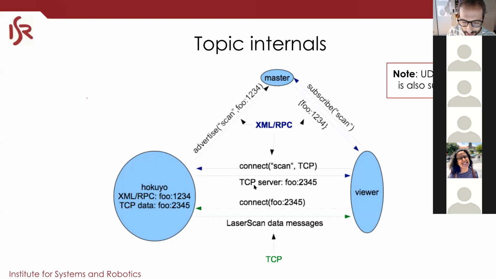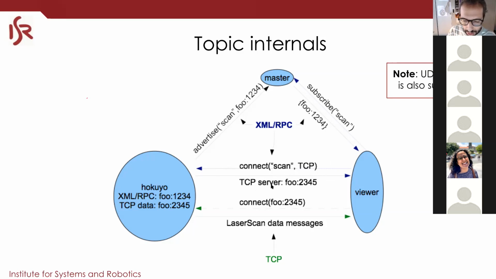Okay, thanks. And so the publisher will answer the subscriber telling him, well, if you want the data, please contact me at this port, okay? So this first message exchange is just to know where is the TCP port where you have this data. And so the viewer will ask, well, where is the scan after all? And the publisher will tell him this different port, okay? Notice that this port is different from this one. The port 1234 in this example is just for this bureaucracy stuff, for administrative exchange of messages, but the real data is on the other port, okay?